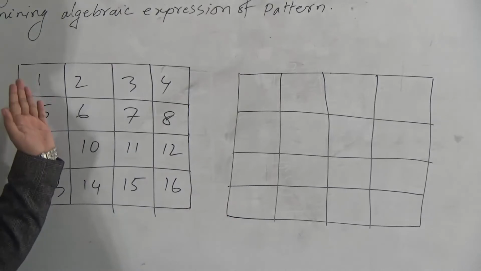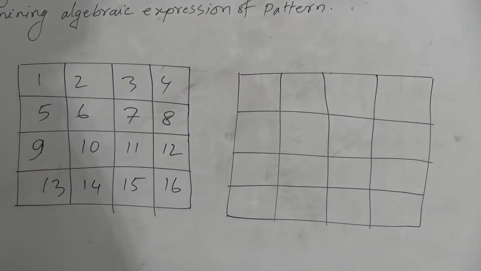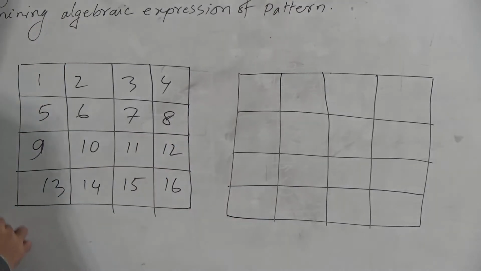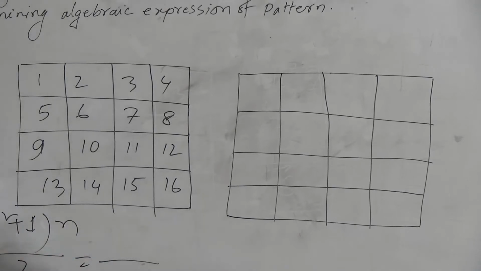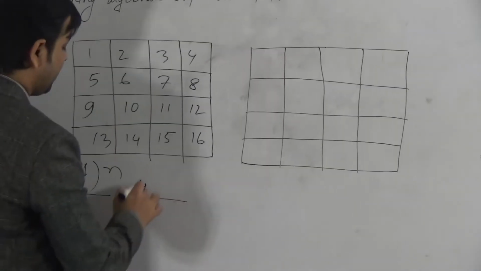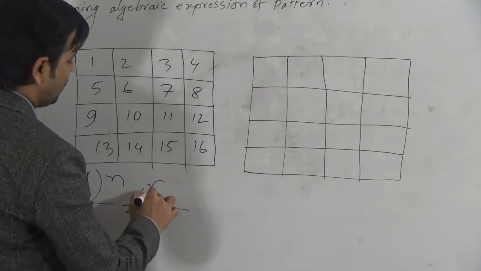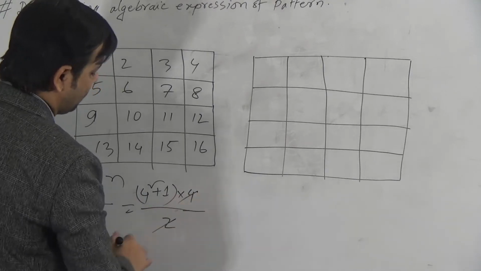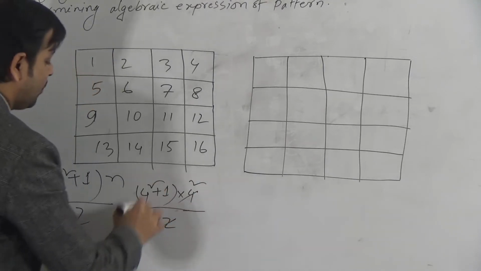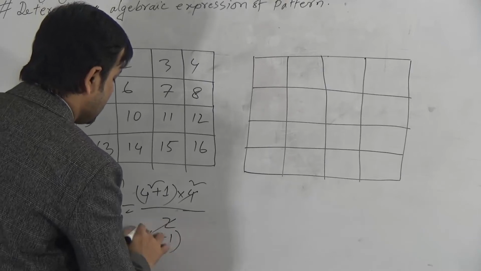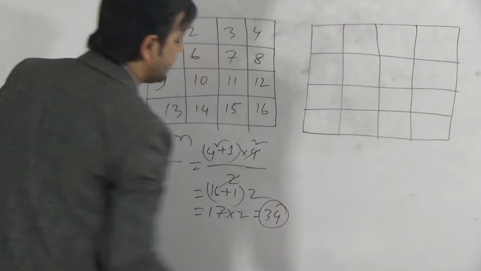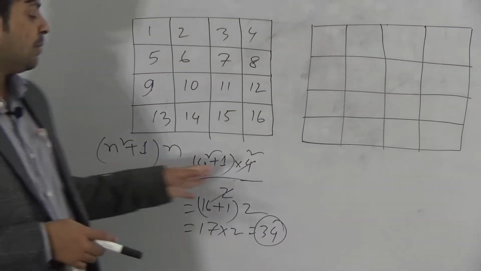Dear students, to arrange this, at first we have to determine the magic number. I have shown you a formula, that is n square plus 1 into n divided by 2. Here, as this is the magic square of order 4, so we will put the value here. N is 4. 4 square plus 1 into 4 divided by 2. We can cut this 4 by 2, we will get here 2. So this is 4 square means 16 plus 1 into 2. This will be 17 into 2 means 34. So the magic number will be 34.